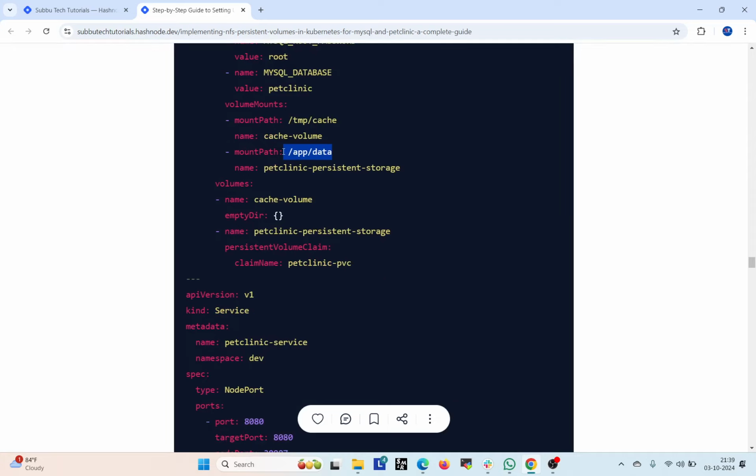Based on the development team's configuration, if there is any kind of information that needs to be persisted, they design it at the time of development, and only then will that data be stored in this mount path. Okay,